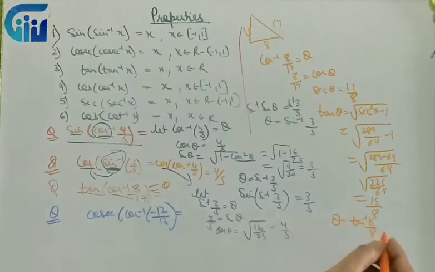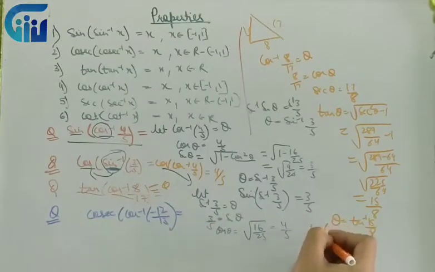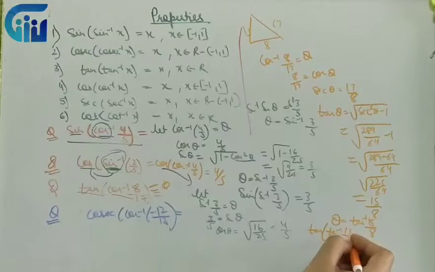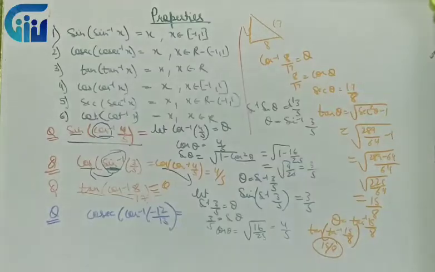So theta is tan inverse 15 by 8. So if I write tan of tan inverse 15 by 8, sorry, not 3, 8. So 15 by 8 will be my answer, right? Which belongs to the particular real numbers, right? Similarly, if we have it over here, cosec of cos inverse minus 12 by 13.